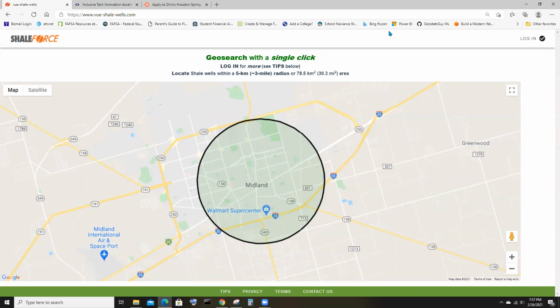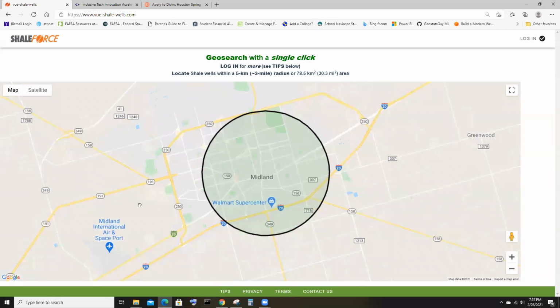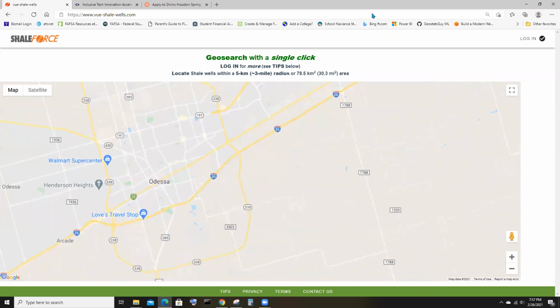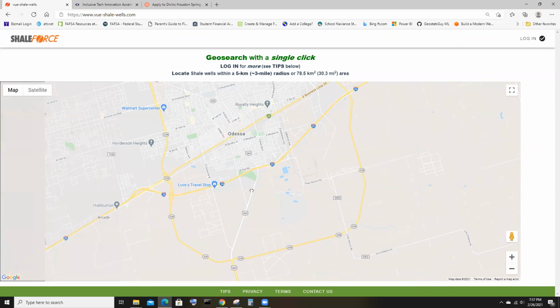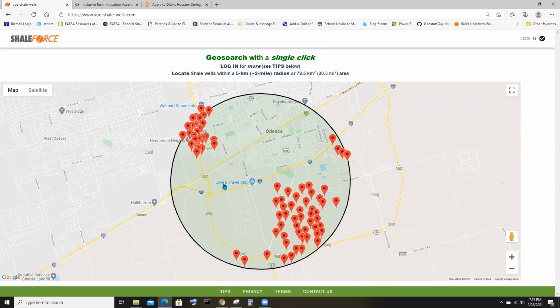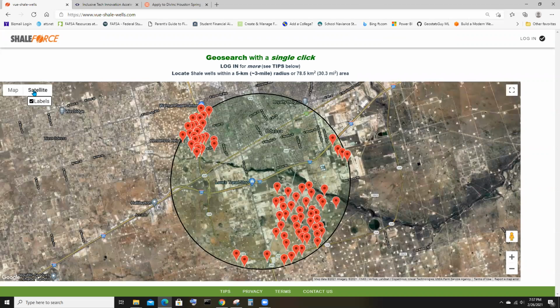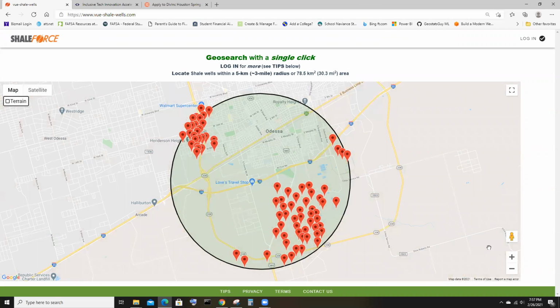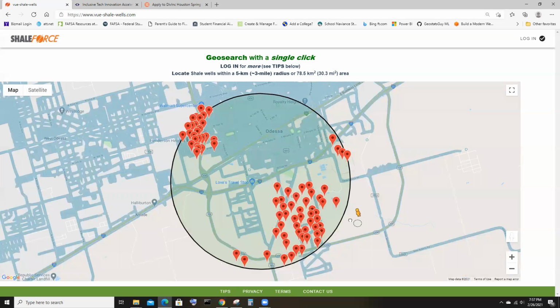When you first get to the vue-shale-wells, you'll see this screen. First of all, let's pick an interesting spot. I think Odessa is a small town, but certainly around there are quite a number of shale wells, as we can see here. Now, with the Google map, I can choose to look at the satellite view or the simplest map view. But here, with the little guy, we can actually drag along and move over here,